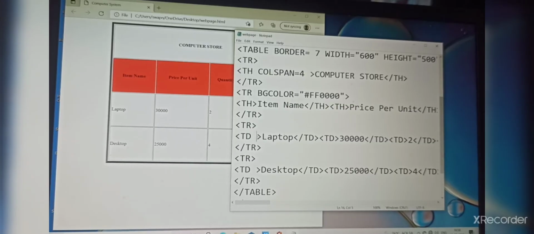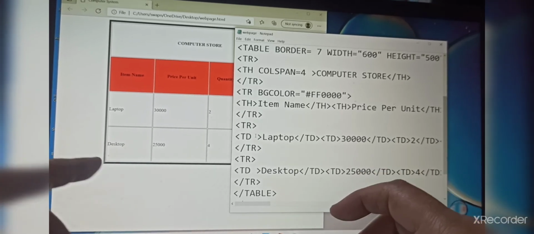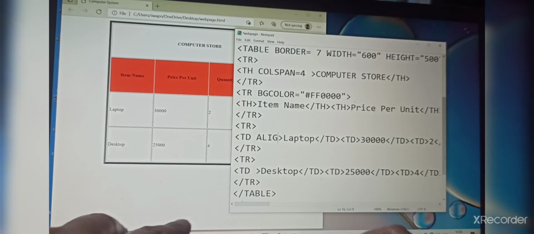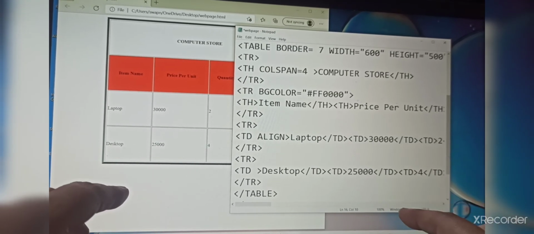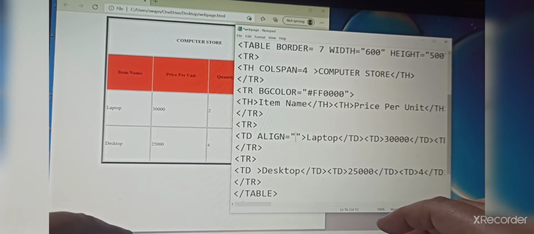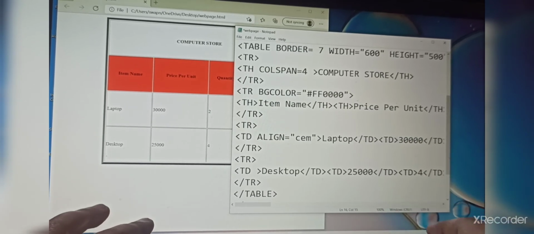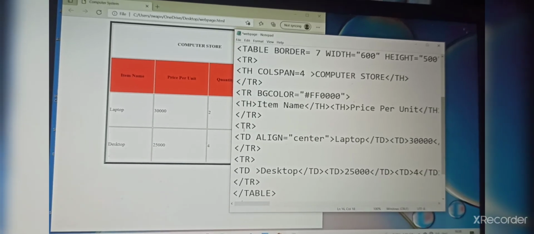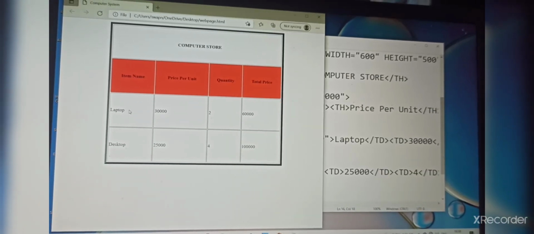Now we are going to see changing cell alignment. I am writing align equals center. Now you can see the laptop cell.